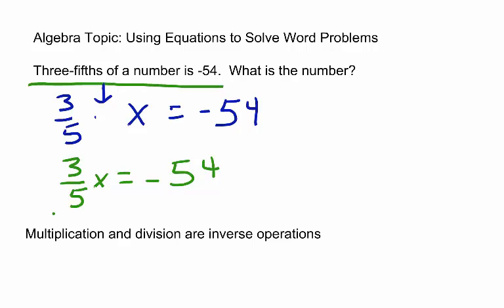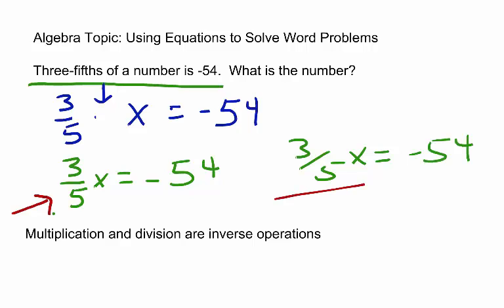What this means is that in order for me to move my fraction 3/5 from the left side of the equation to the right side of the equation, I need to divide both sides of my equation by 3/5, like this. If I have 3/5 x equals -54, I use my property of inverses to divide the fraction 3/5 on both sides. Any number divided by itself equals 1, which is how we can cancel out 3/5 divided by 3/5. That leaves us with